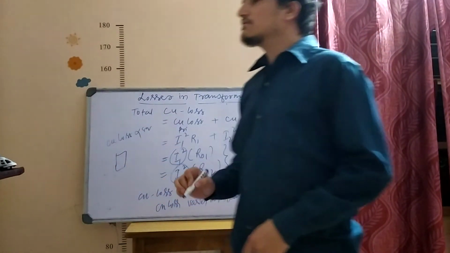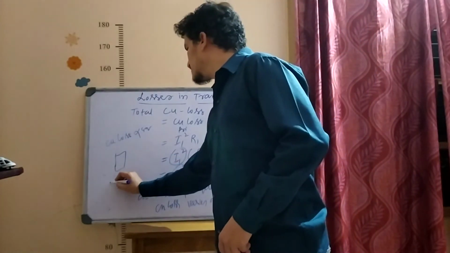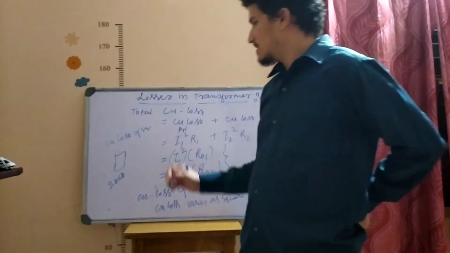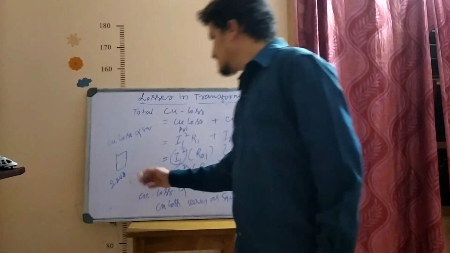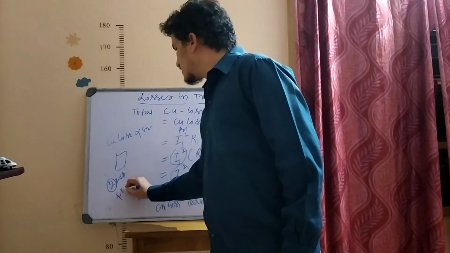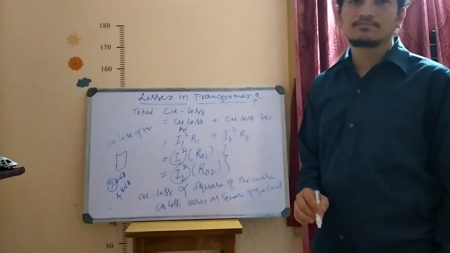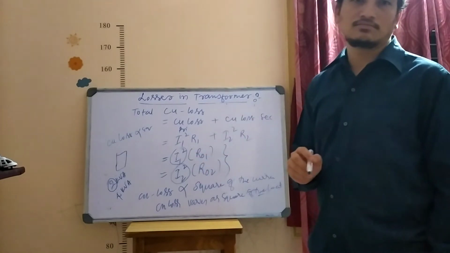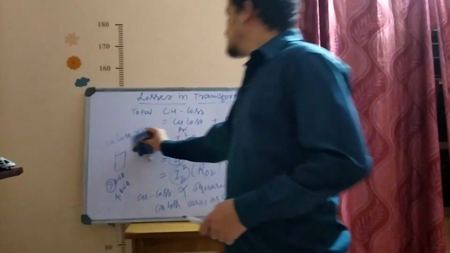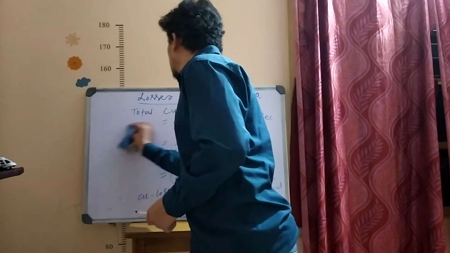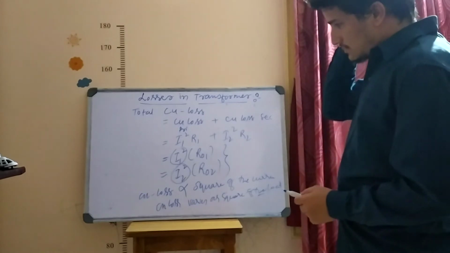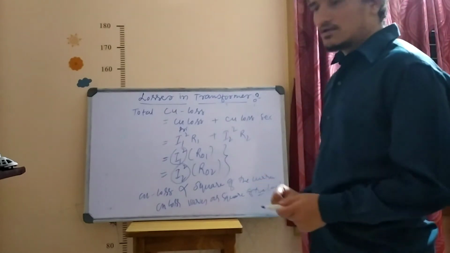Copper loss is directly proportional to the square of the load. Means if the load on the transformer is, say for example, 2 kVA with so and so amps, and I raise it to 4 kVA, then what would be the copper loss? Square of 4, that is square of 2 times. Okay, we will see it in the next stages. So copper loss is directly proportional to the square of the current or the square of the load.